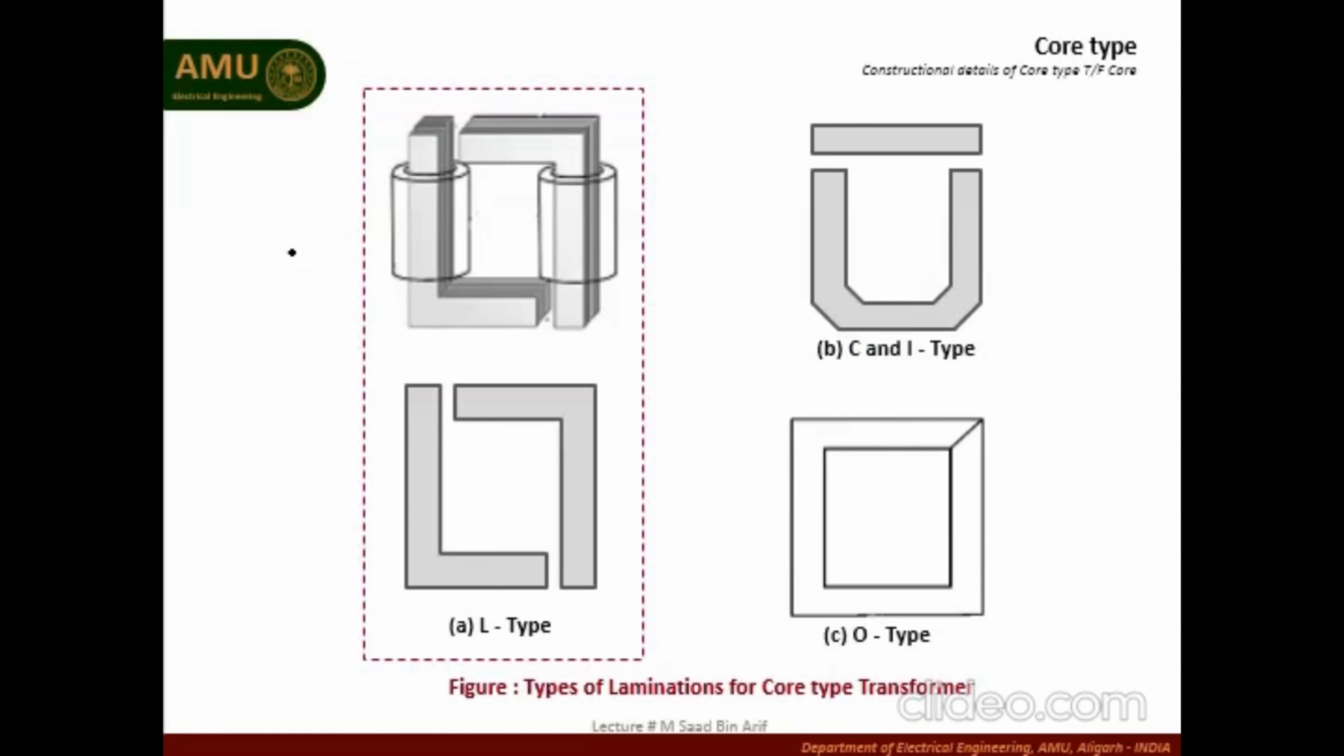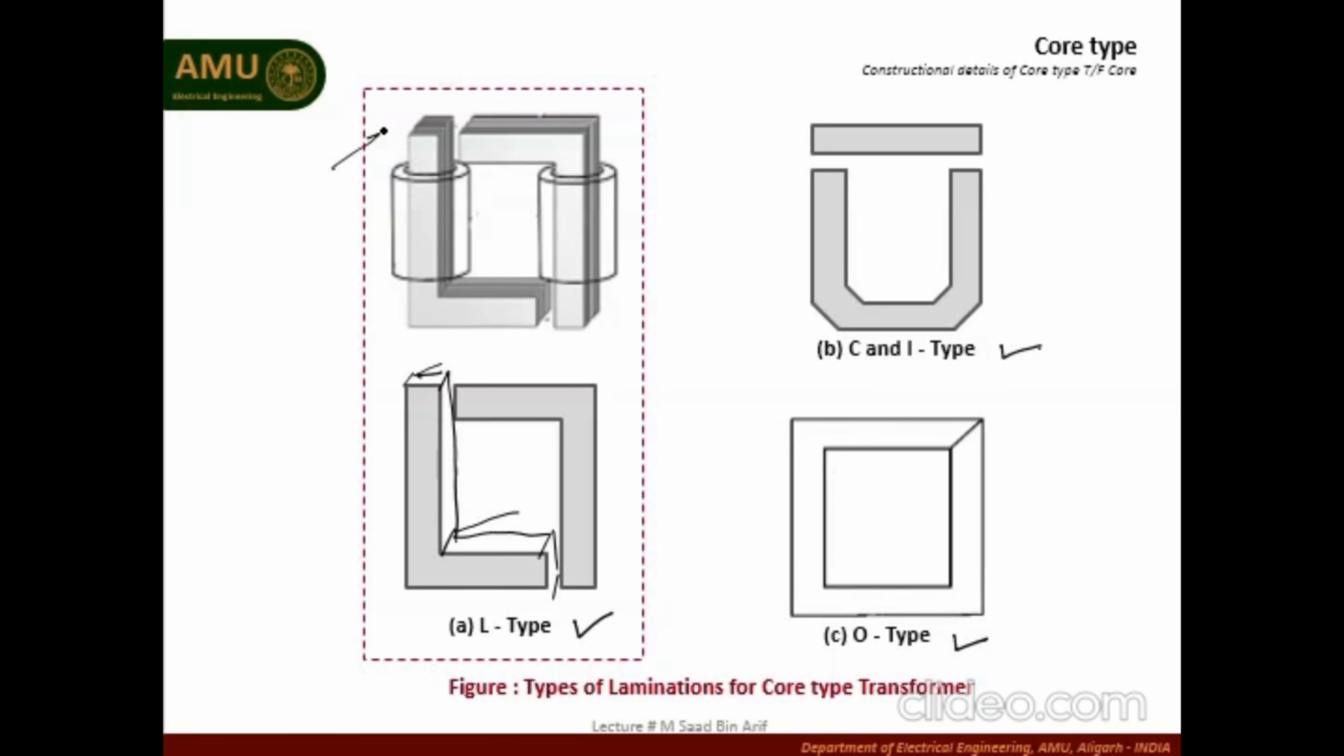This core type structure can be obtained by using different types of laminations. For example, we can use L type of lamination, or O type of lamination, or C and I type of lamination. So what we will do is we will use a large number of L type of lamination, and we stack together all the L type of lamination